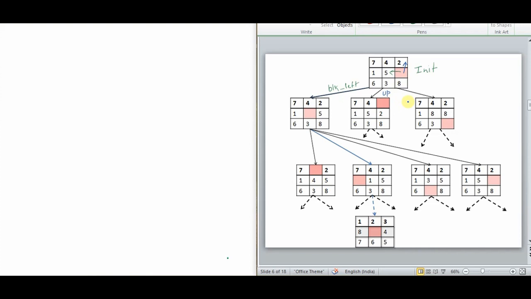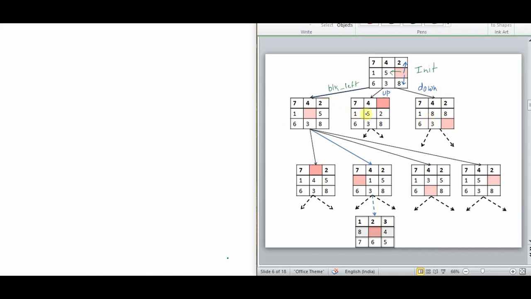And also this blank tile can be moved one position down, one cell down. So this is the down move. And when you do that, 8 will go on top and the blank cell will come down. So these are the only 3 possibilities. There is a 4th possibility, moving the blank tile to the right, but it does not occur here because the blank is on the edge. There is no rightmost cell from this blank cell. So from a current state, after applying the rules, we have either this option or this option or this option.